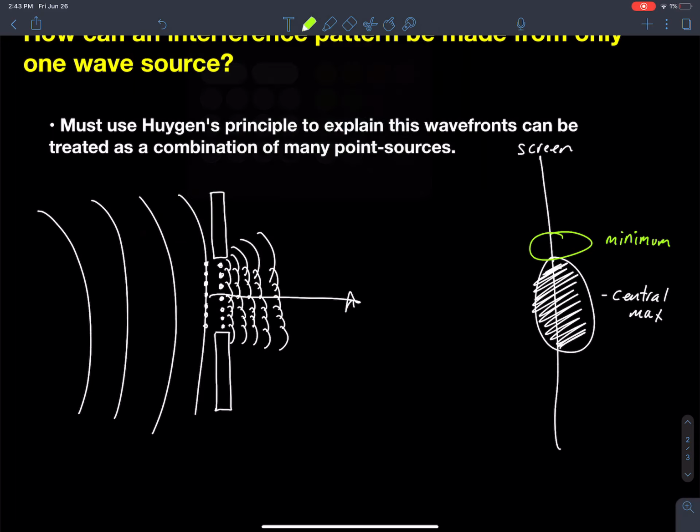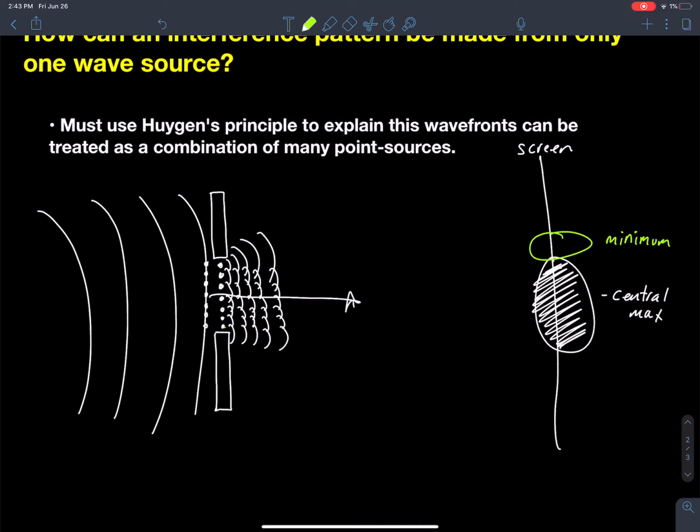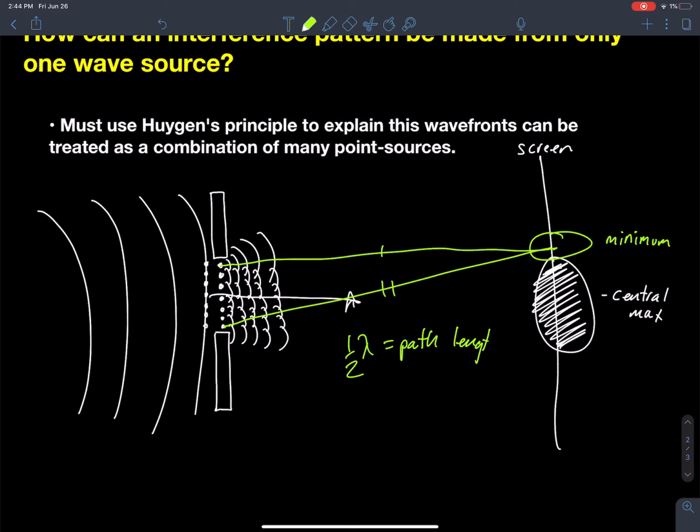Okay, so let's take a look at that. I'm going to use green to illustrate that. So if I travel from here and I travel from here, we can all agree that this path length is different from that path length. And that path length difference is going to be 1/2 lambda. And it just so happens that every coupling partner,